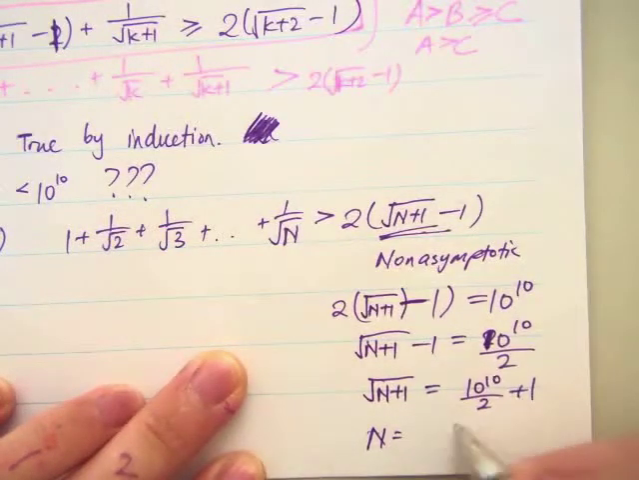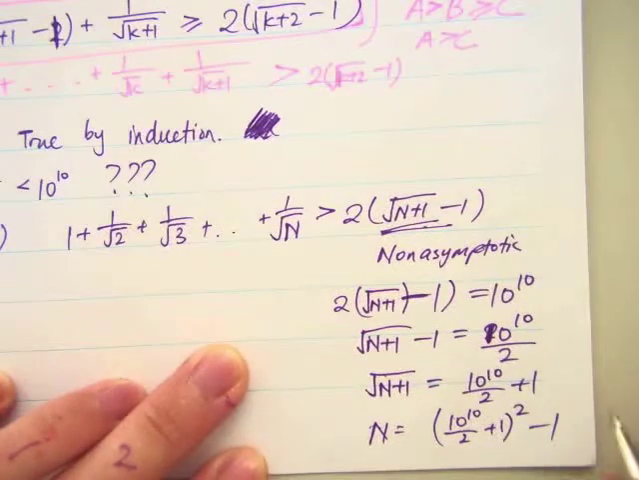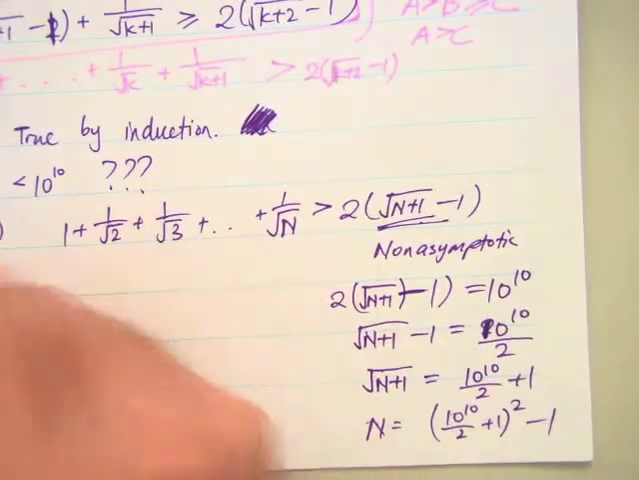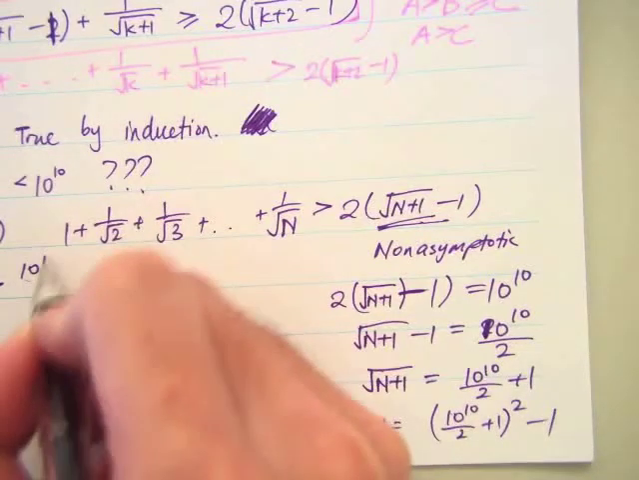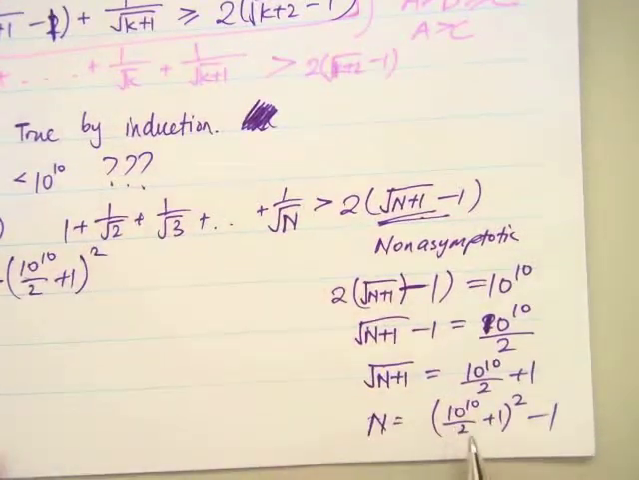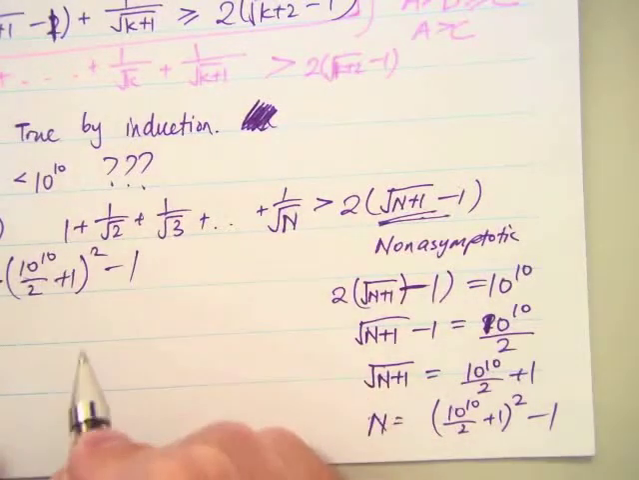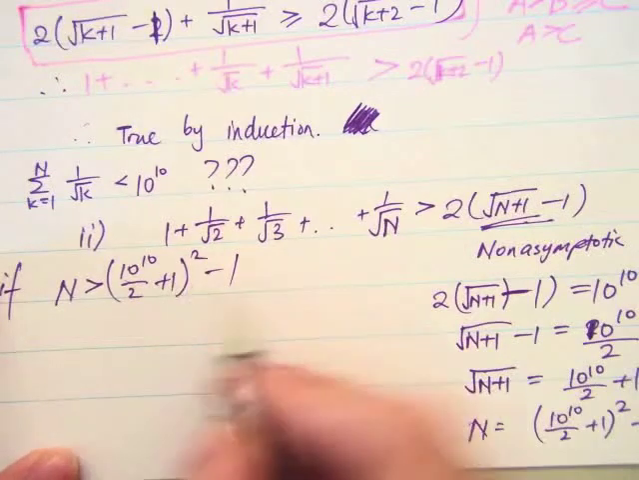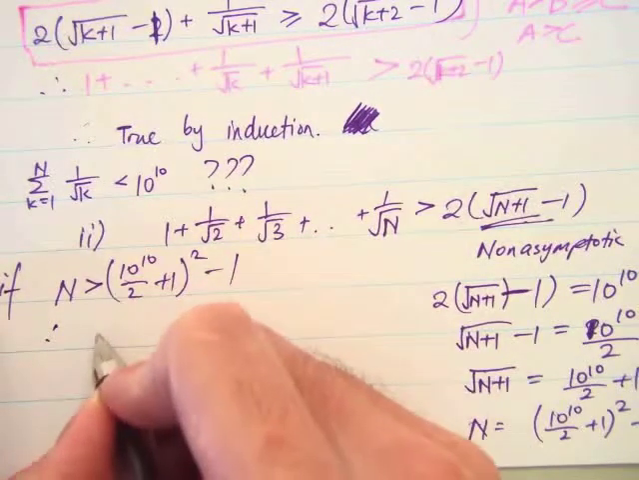And n is really the square of this giant number minus 1. So if n was greater than 10 to the power of 10 on 2 plus 1, remember, this is not infinity or anything like that. It's just a finite number. It could be a big number, sure, but it's a finite number. So if n is anything greater than that, for example, just take away the minus 1, then the summation